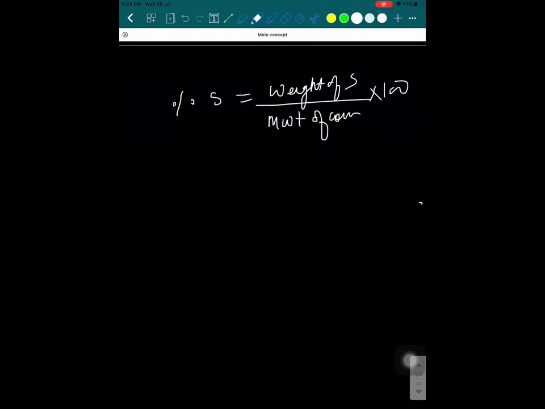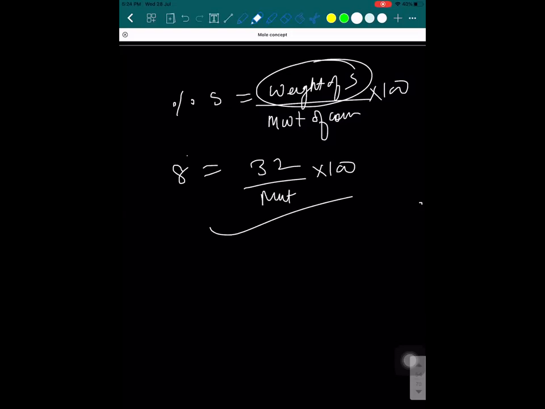Same doubt you are asking, which I have already told you in the previous question. Percentage of sulfur is how much? 8%. Sulfur's weight is how much? 32. Molecular weight you have to calculate, into 100. You will get the answer. This is not a chemistry question, this is a math question. They are giving some percentage, you have to calculate the weight. Just apply the percentage formula and you will get the answer. I have given you this formula in percentage yield also. Roshan, is it clear now? Please tell me fast.